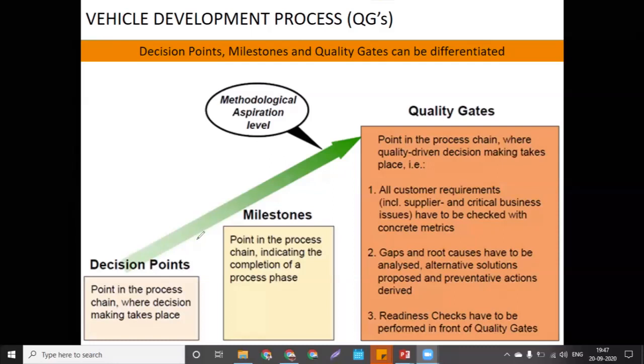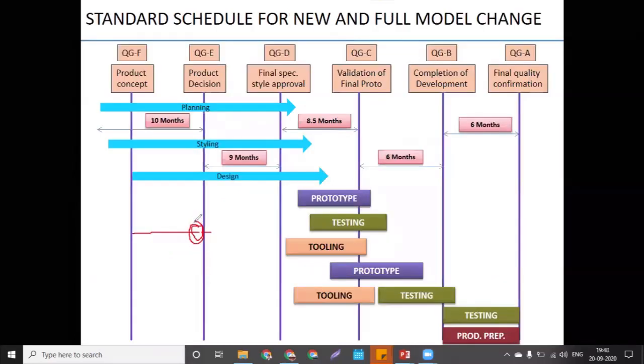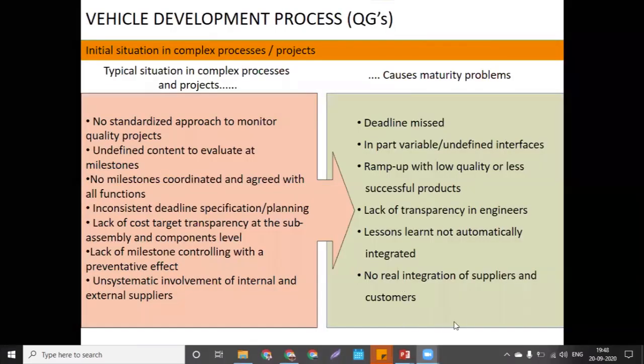After 2 or 3 days, you are moving into quality gate E. But here you have to check your readiness for quality gate E. Everything is perfect, is aligned or not for quality gate E, you have to check at the end only. So readiness check has to be performed in front of quality gates.